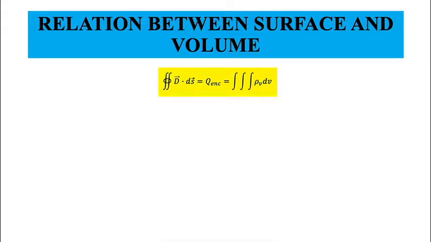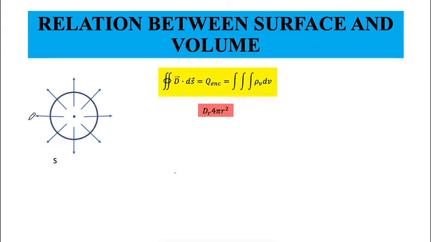I didn't specifically mention the relationship between the surface that you have to use in applying Gauss's law and the volume. For example, if I consider a point charge q, we know from Coulomb's law itself that the field lines are going as 1 by r square. We also saw how to use Gauss's law in an example, or if we have not seen it, it is fairly simple. So you can assume a Gauss surface that would enclose the charge.